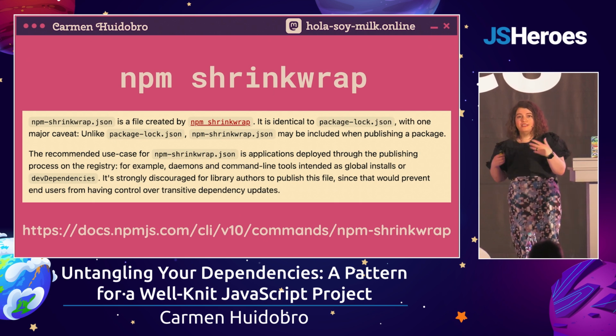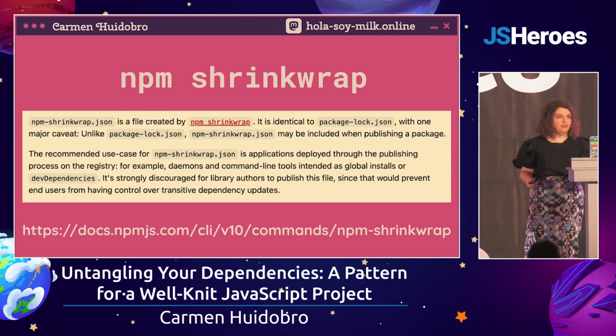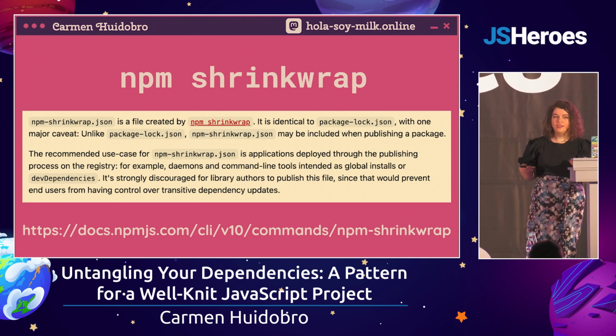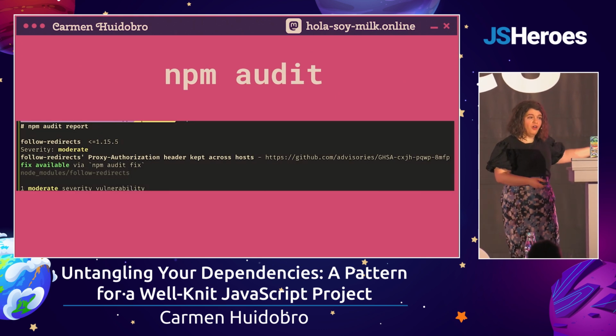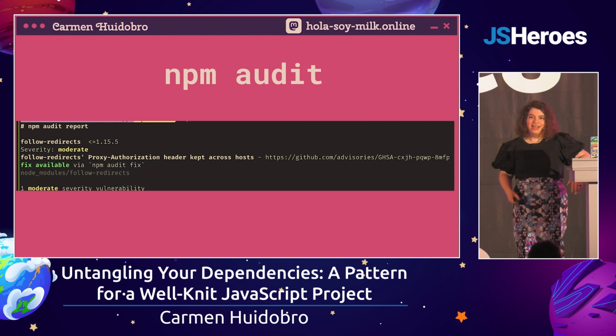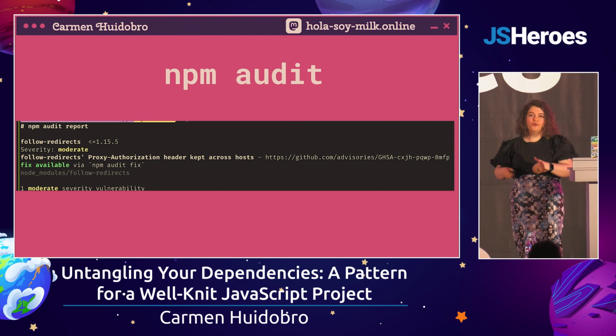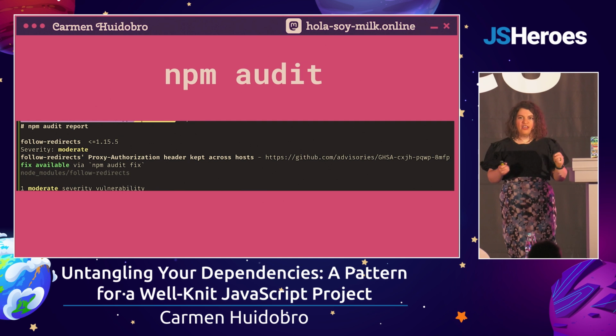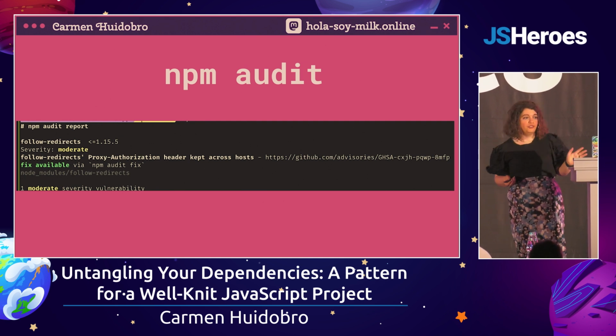Over time, dependencies get vulnerabilities, and responsible, kind, focused package maintainers will declare that. You can use npm audit. I don't know about y'all, but I sometimes just use it being like, oh, I hope that fixes it. It lets you see and get an overview of which packages have vulnerabilities, and ideally you should update.